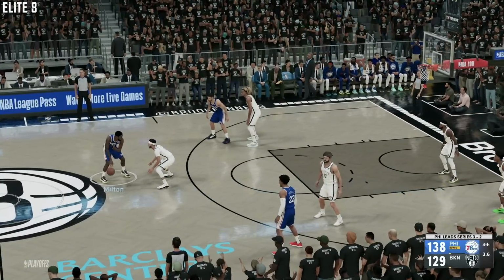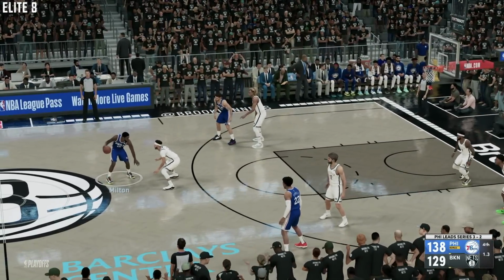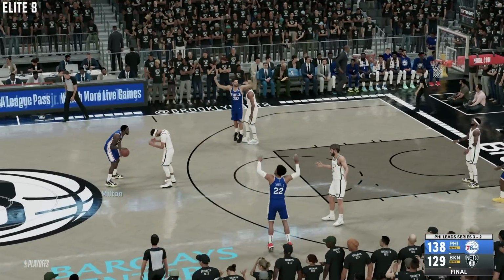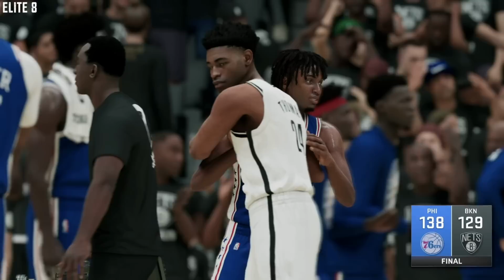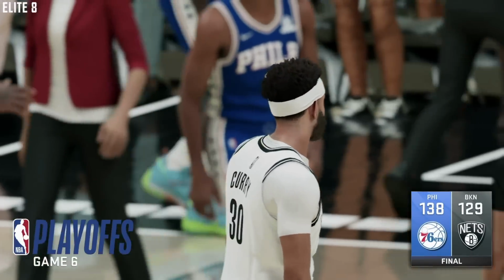And look at this. The 76ers will get revenge on Brooklyn. So James Harden, I should say, will get revenge on Brooklyn as the Sixers will beat the Nets in 6 games. They went on the road 138-129. So down goes Ben Simmons, Irving, and KD for Brooklyn.